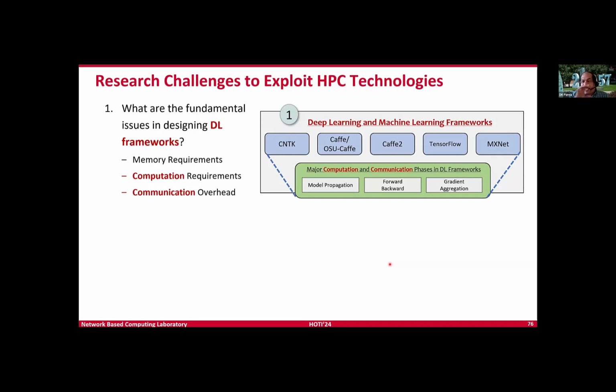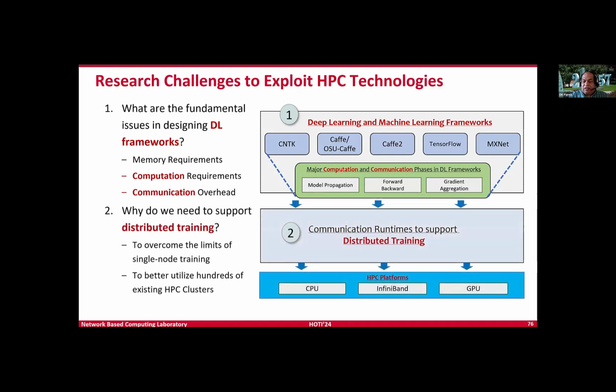Then you have to make sure that your API library itself is optimized. Because if the API library has a lot of memory requirement, a lot of computational requirement and communication overhead, then the end application running on top of the API library is being slowed down. The same thing we can consider here. We took a look at some frameworks, like the PyTorch that Nawras introduced, and there is DeepSpeed. Many such frameworks are coming. Based on the examples we saw, like the model propagation, forward, backward, and gradient aggregation, they require a lot of communication. We saw point to point as well as collectives. So the first goal is to really optimize those operations at the framework level.